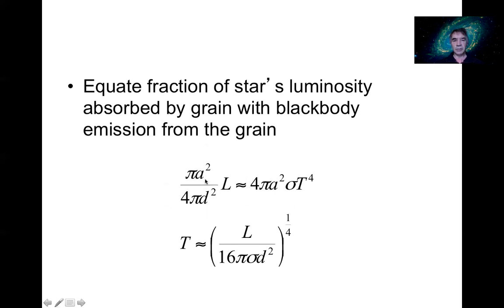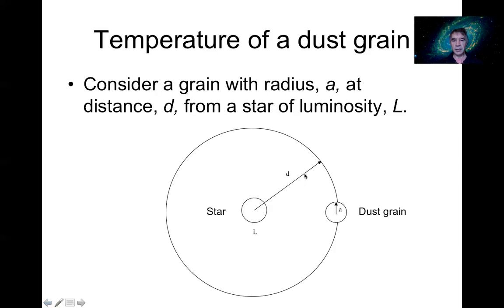Let's go through these terms. Pi a squared is the cross-sectional area of the grain, the area of the dust grain that is intercepting some fraction of the luminosity from the star. The fraction is given by the cross-sectional area of the grain divided by the entire area of the sphere, 4 pi d squared. Remember, luminosity through any sphere will be constant because the light is all traveling in straight lines. So we just want the fraction that's intercepted: pi a squared divided by 4 pi d squared,